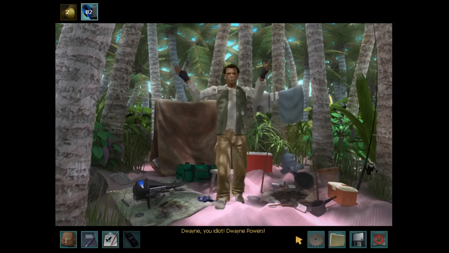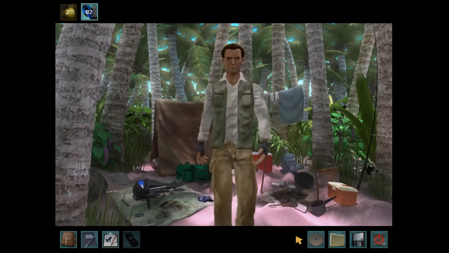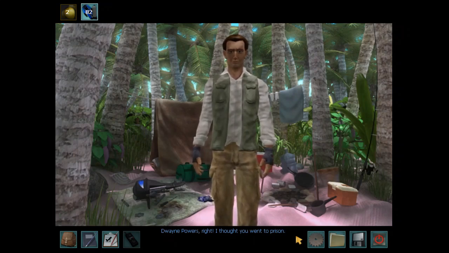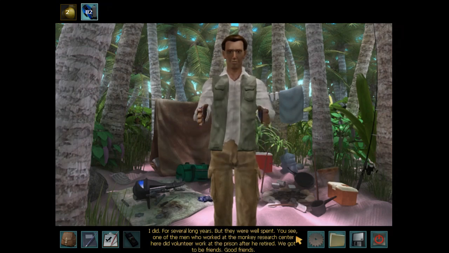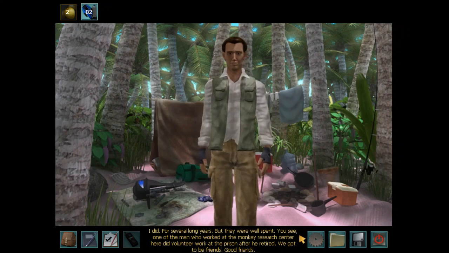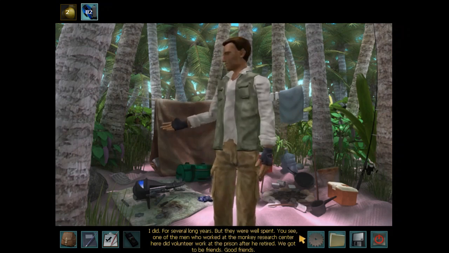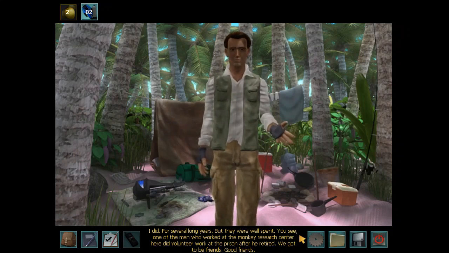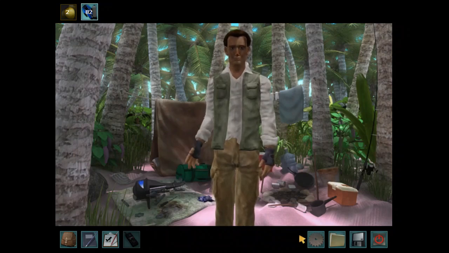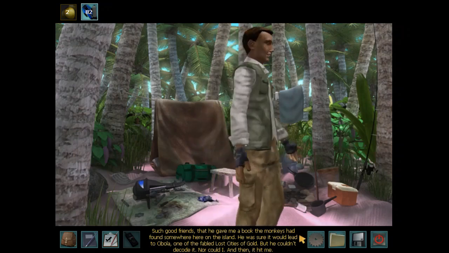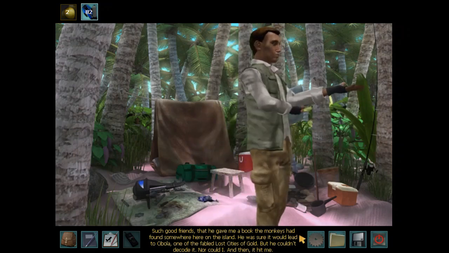But this type of unconventional culprit falls prey to way too many logistical issues. For one thing, I didn't gasp in shock and awe when Dwayne Powers was revealed as the culprit. I said, huh? Because I hadn't played Stay Tuned for Danger before Ransom of the Seven Ships, and therefore had no clue who Dwayne Powers even was. Not only did this make the culprit fall flat in Ransom of the Seven Ships, but it also kind of ruined the culprit for me in Stay Tuned for Danger when I did eventually play it.